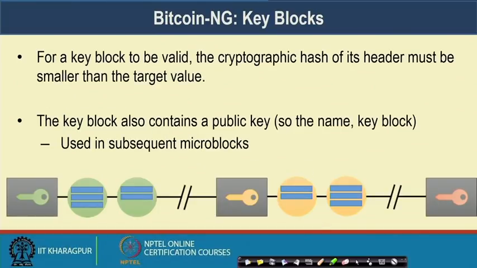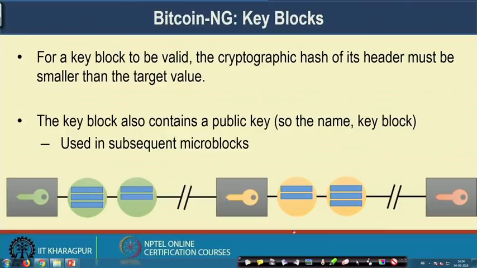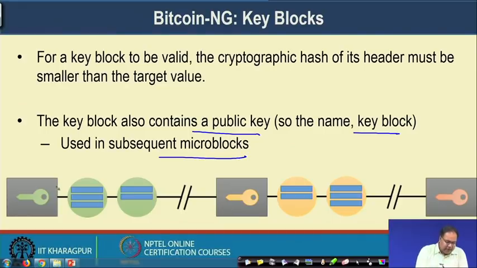Now, in case of Bitcoin NG, for a key block to be valid, the cryptographic hash of its header must be smaller than the target value, which is similar to the Bitcoin proof of work protocol. So, you need to find the nonce which will provide you this. The key block also contains a public key, and that is why we have the name key block, which is used in the subsequent micro blocks. So, the key that you are generating in this key block is basically the public key